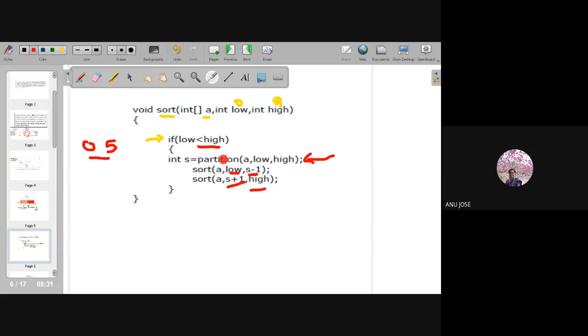I didn't explain what partition is, how you can find the location of the pivot element. That is mainly the logic of this quicksort.